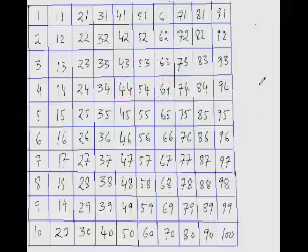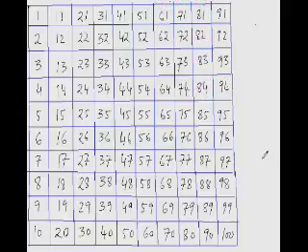Now what is 84 minus 61? So try it out. From 61, jumping 10 twice will take you to 81. So this is 20 and you have to reach to 84. So 3 steps more. So the answer is 23, isn't it? This is 20, 21, 22, 23. This is what your answer is.